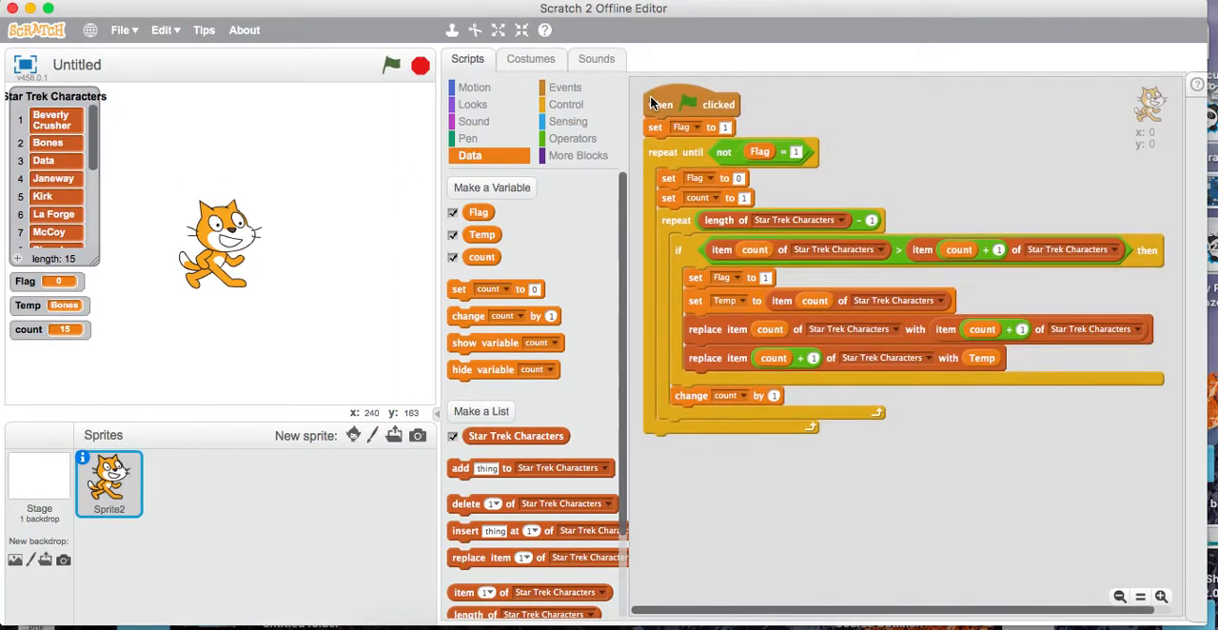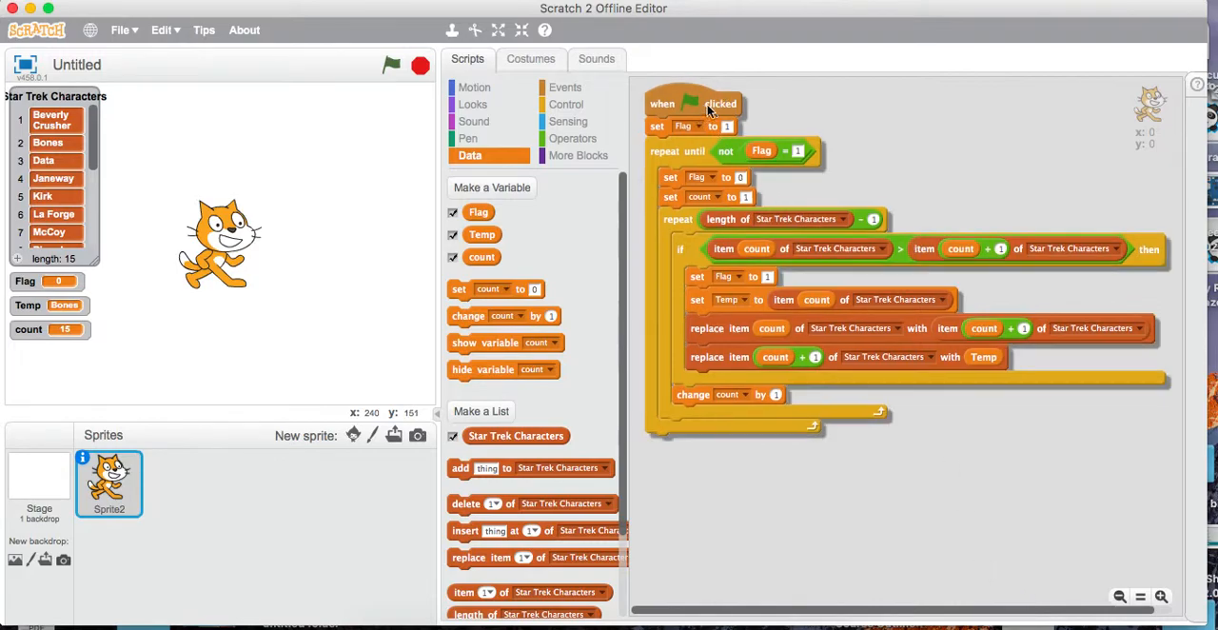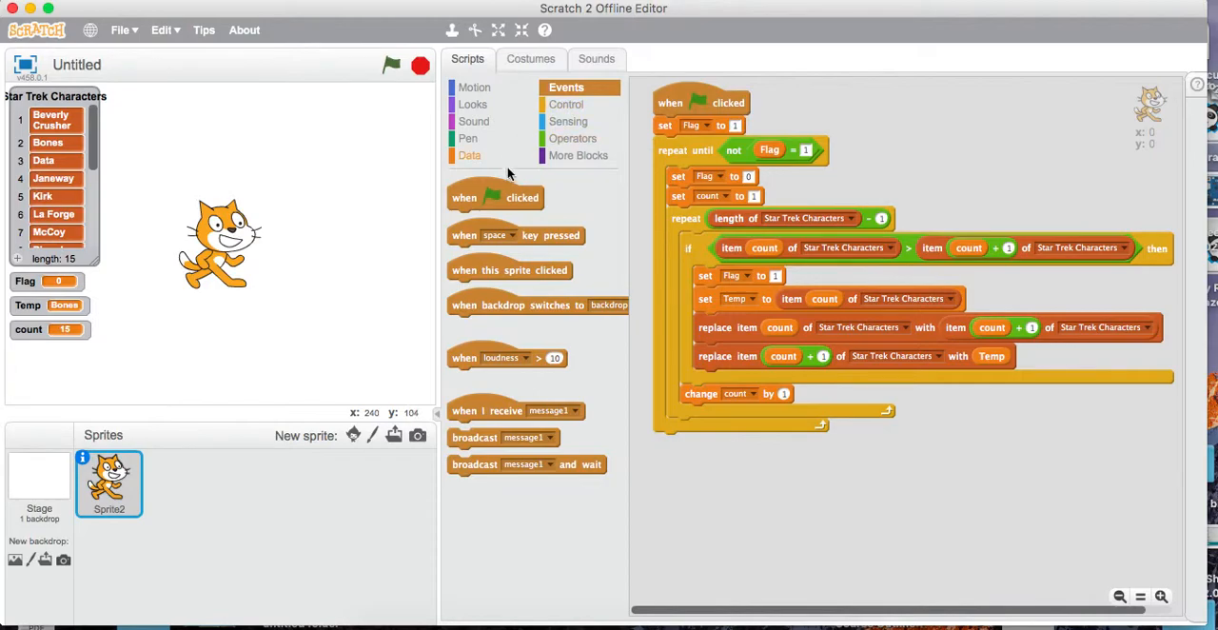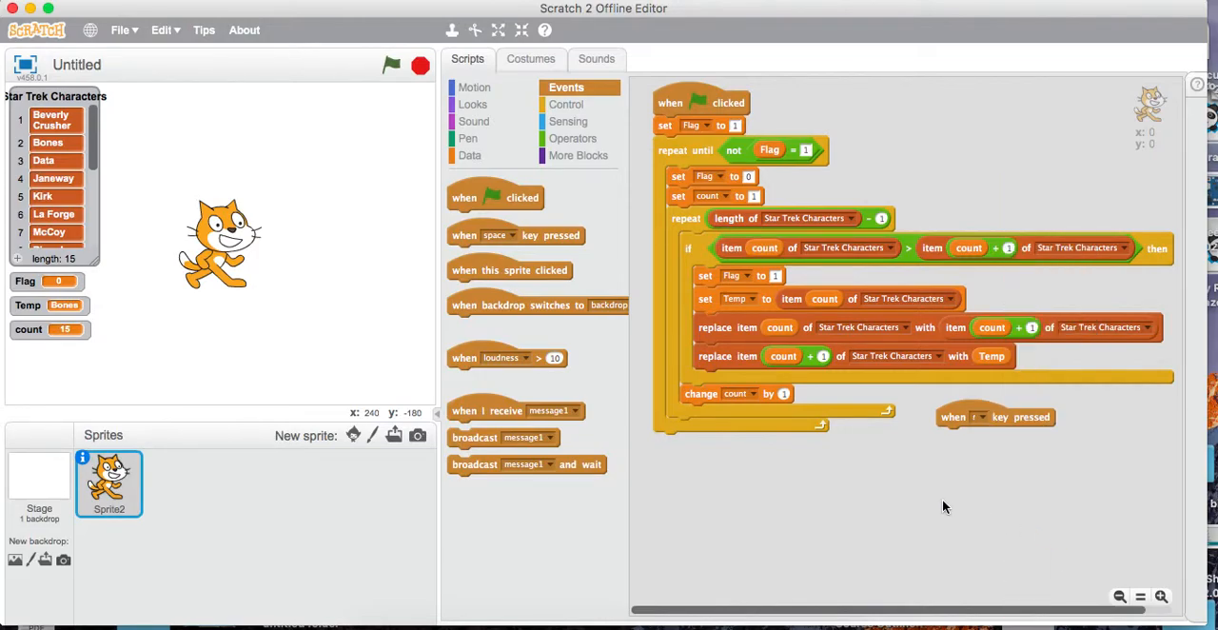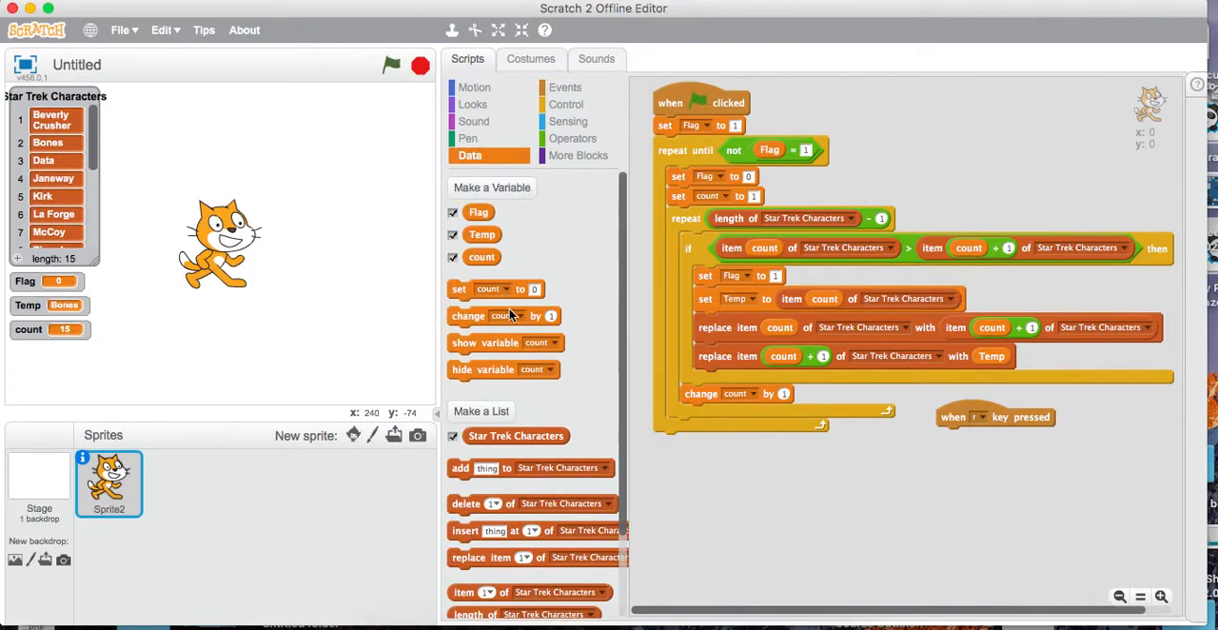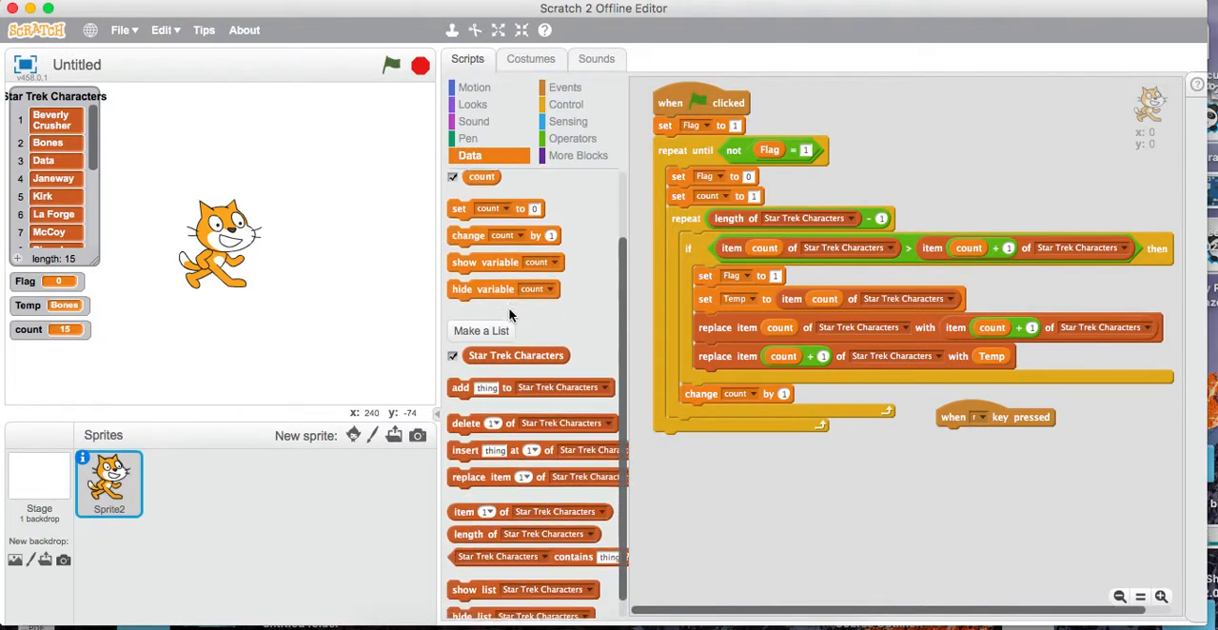So to test our bubble sort, we really need to be able to randomize our list again to check it's still working. So we can start by choosing something to begin our random process. It can't be green flag because we're using that already. So let's say when R for random is clicked, and then let's choose set random count to 1,